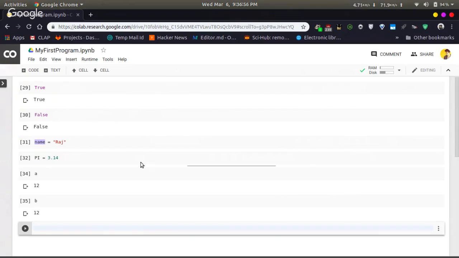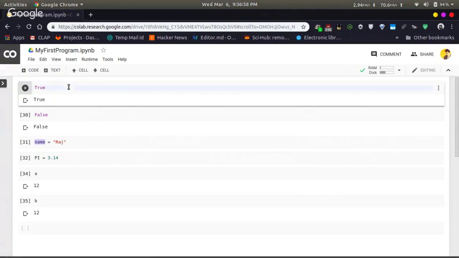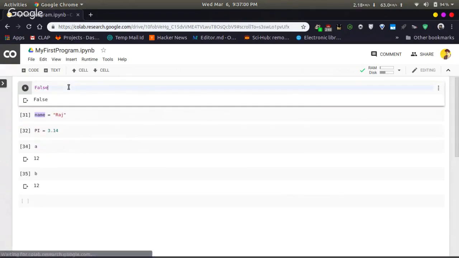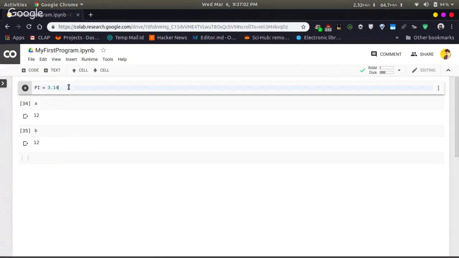So in order to delete a variable, let's clear all this. There is a function called del. I will talk about functions in detail. For now, just keep in mind there is a function called del in order to delete a variable.